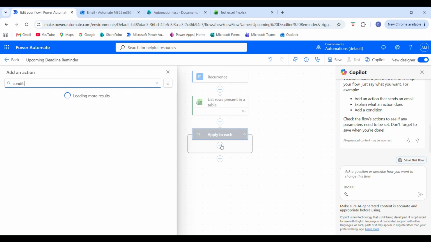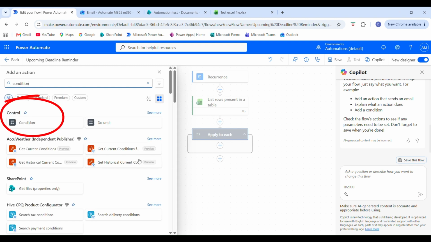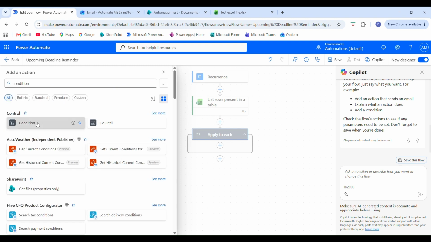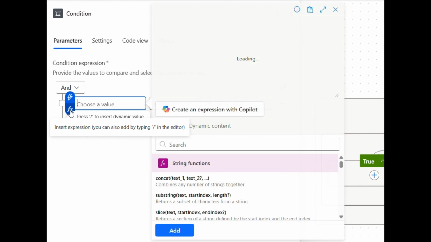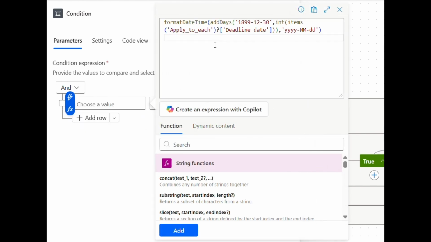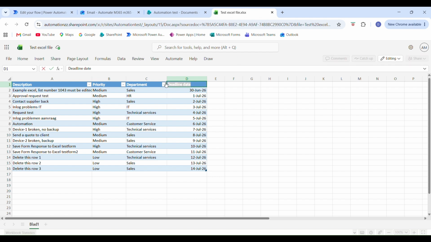Step 4. Inside the Apply to Each loop, click Add an Action and search for Condition. All the expressions used in this step can be copied directly from the description below. First, make sure the condition is put on, and in the left field of the condition, click on Expression and type the expression as shown on screen. This converts the Excel date serial number into a real date and formats it as year, month, day. The only thing that can be different on your end is the column name. In this example we use deadline date, so make sure to update that part of the expression to match your